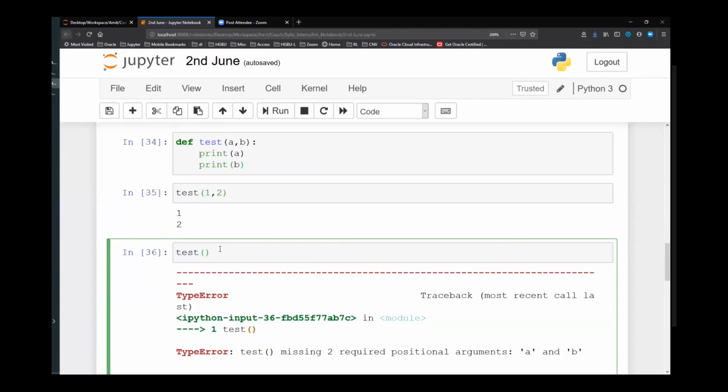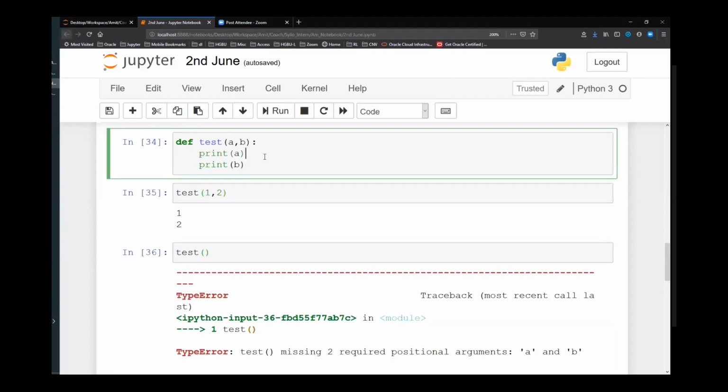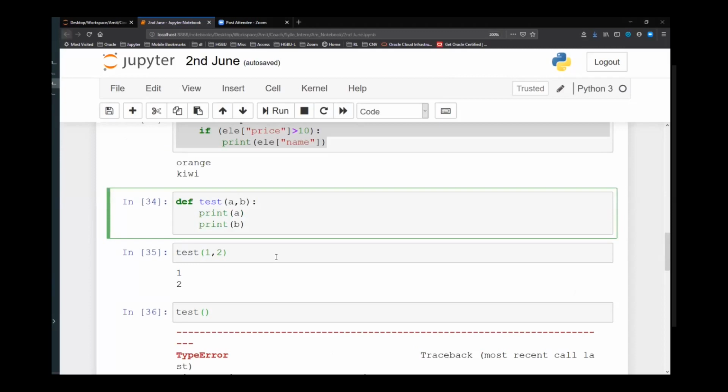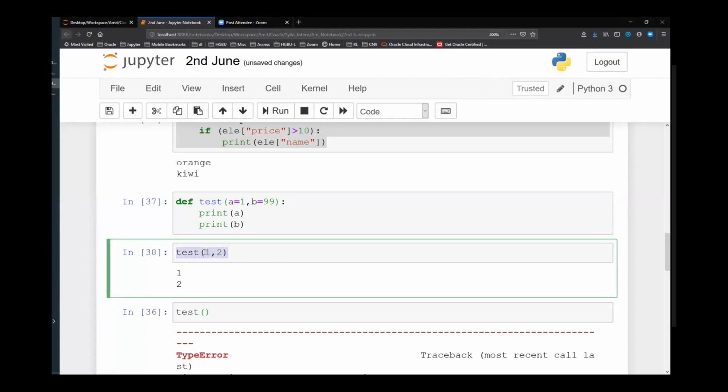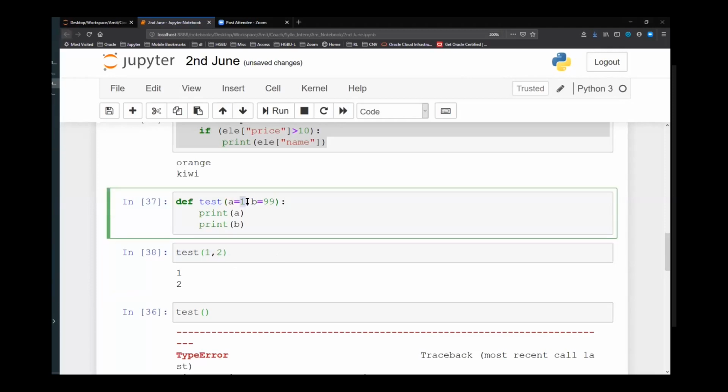So what I will do here is either I can pass 1, 2 the way I have done here, or take these as default parameters, maybe A is 1 and B is 99, something like this. Now, if I run this, here in this function I am passing 1, 2, so the values 1 and 99 will be overridden, and the value of A will become 1 and B will be 2.